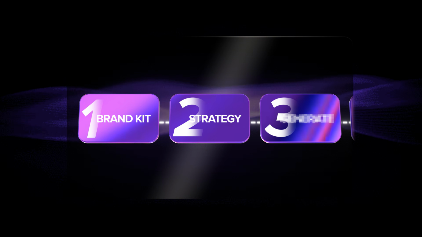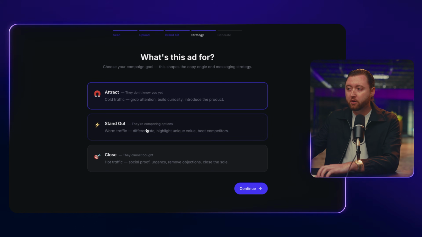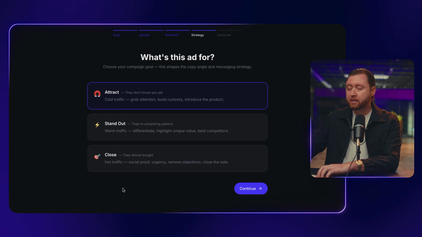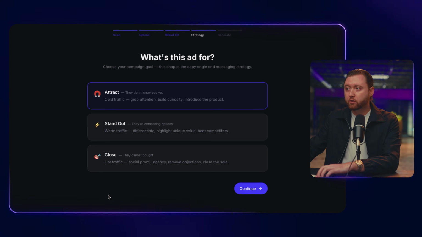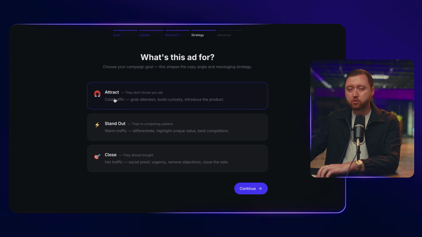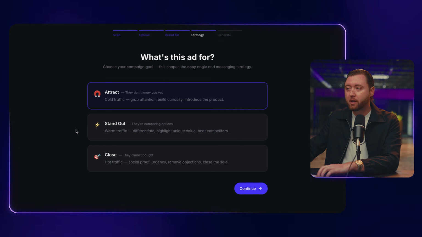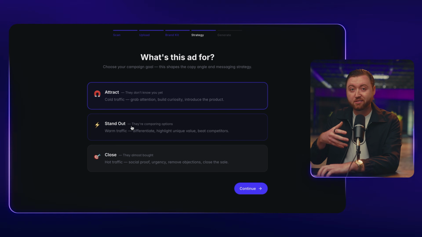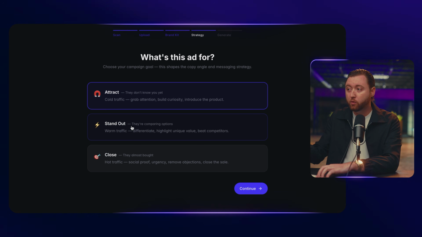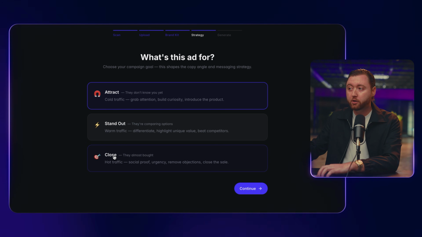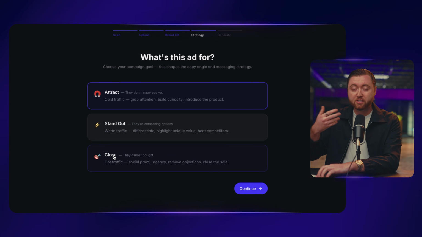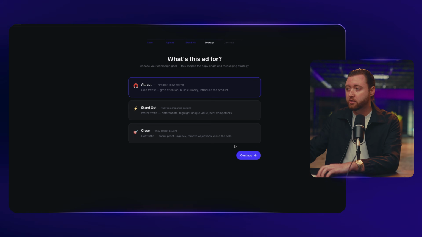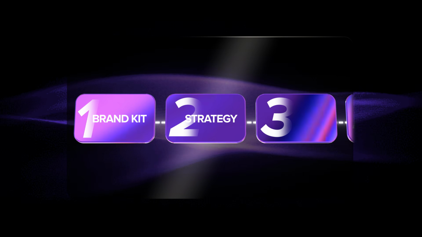And during this step, we can choose either top of funnel, middle of funnel, or bottom of funnel ad copy that is going to be shown on the ad creative. So if you want to create ads that are going to go to cold traffic, you should use the attract feature. If you want to send ads to people who are comparing your product against another product because they're just deciding which hair paste to go with, you would choose this option. And if you are trying to get somebody to convert where they've visited your website, added to cart, you would go with this option. So let's start with attract and hit continue,